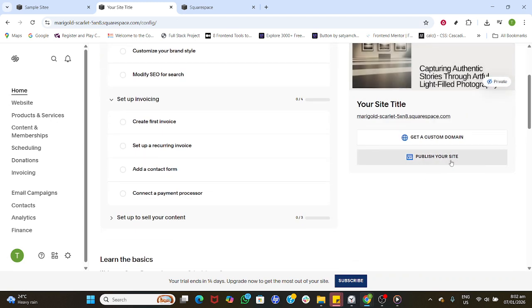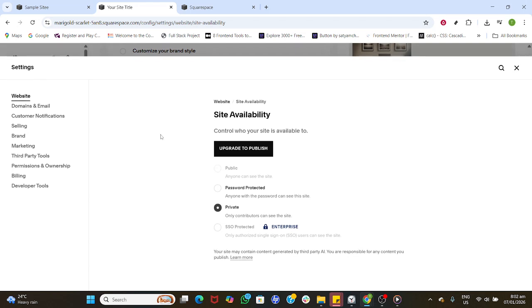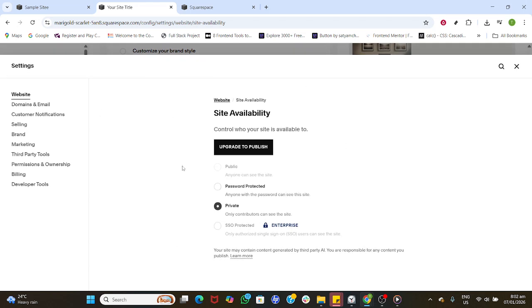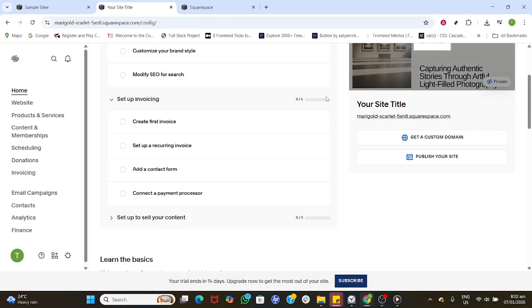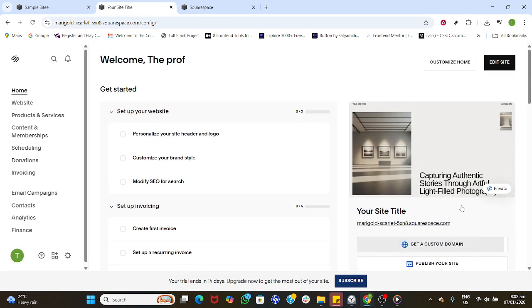That's normal. While you wait, make sure your connected domain is set as the primary domain in your Squarespace settings, so visitors always land on the right address. Once your new domain is connected, or your existing one verified,